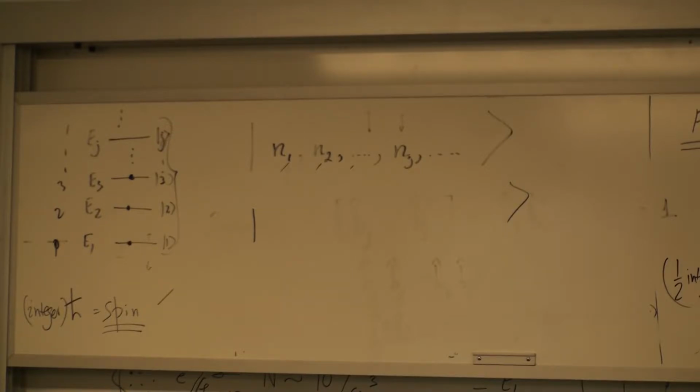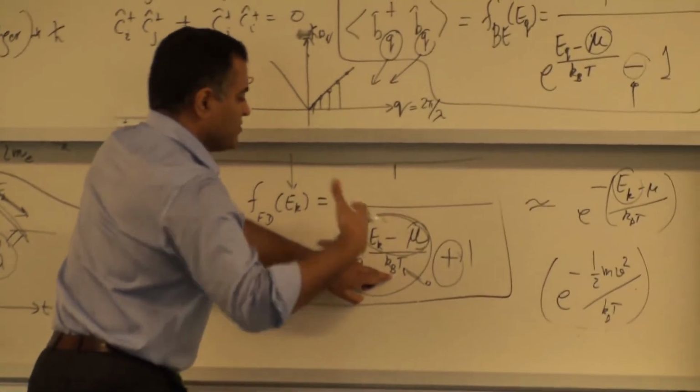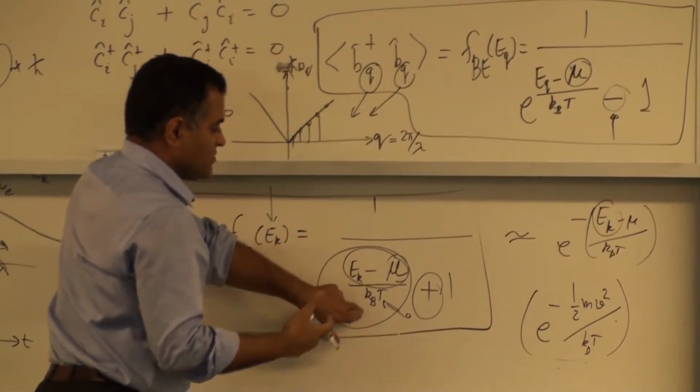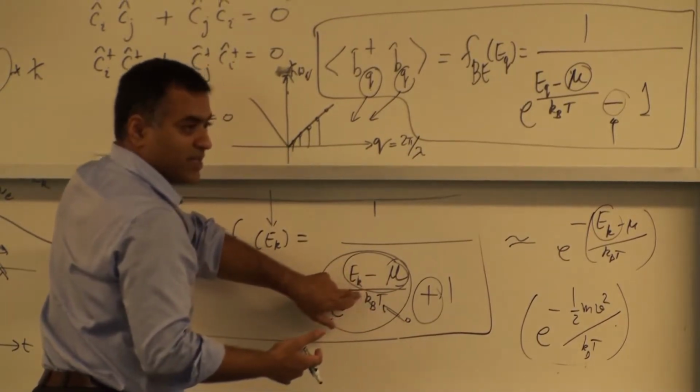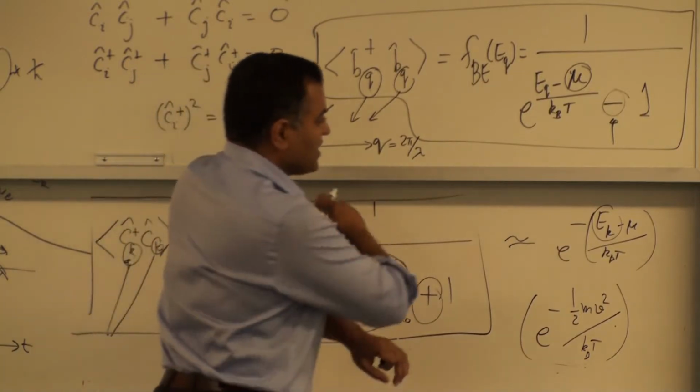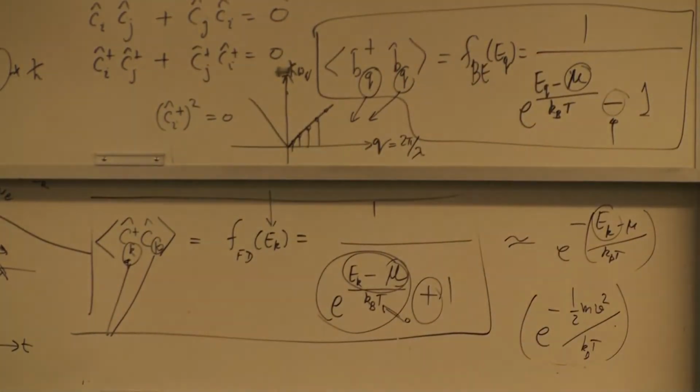So if you put T equal to 0, then if energy is larger than mu, this becomes plus infinity, so you go to 0. If energy is slightly lower than mu, this becomes e to the power minus infinity, which is 0, so you get 1 over 1, which is 1. So you get a unit step at 0 Kelvin. I think this is something you probably have seen many times, and as you heat up the system, it starts broadening, and this broadening is a few kT.